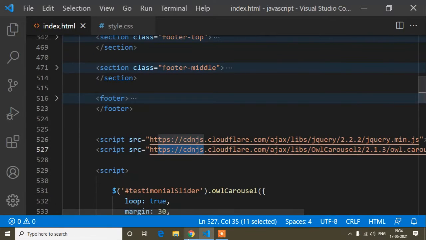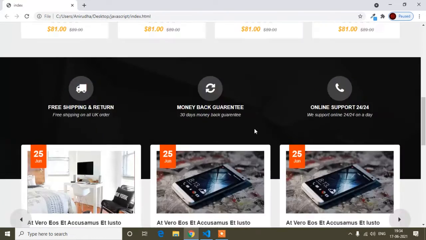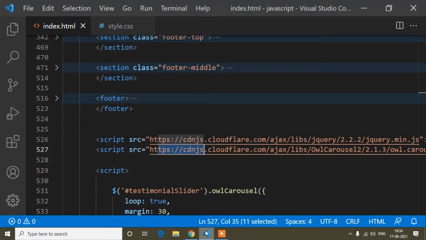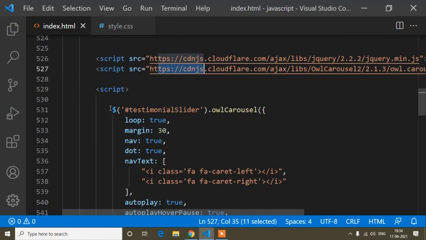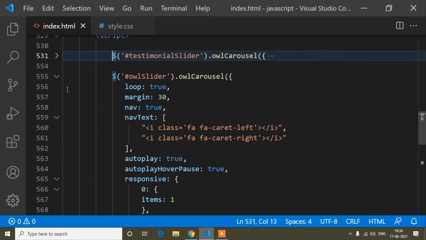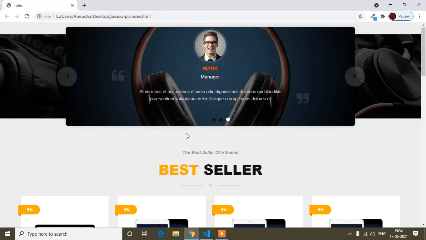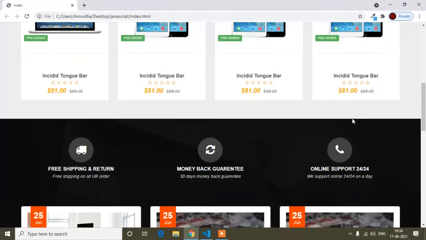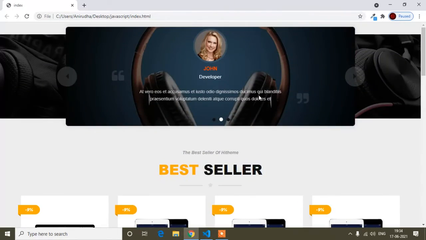Okay, so this HTML code and the CSS code are for making the design that I showed in my previous tutorial. And guys, first of all I will show that this script code is for the owl carousel. If I minimize this script code, here are the three script codes for owl carousel, because I have already added three owl carousels. This is for the slider, and here also this one and this partner. So now above all the design, I will add the banner slider.